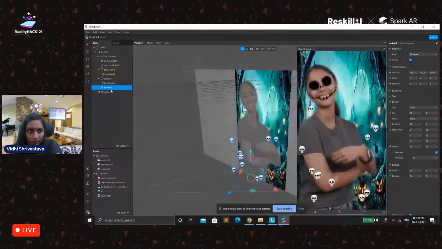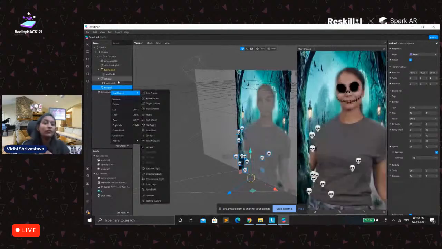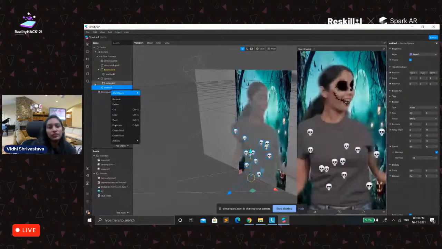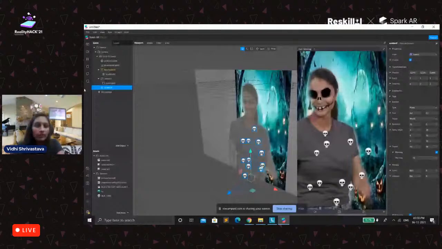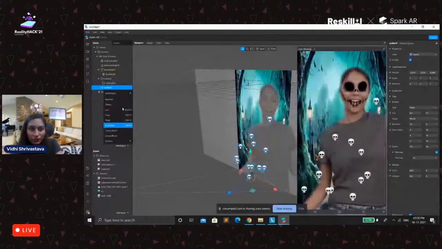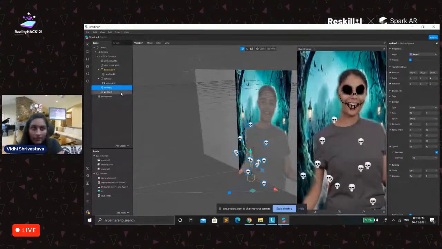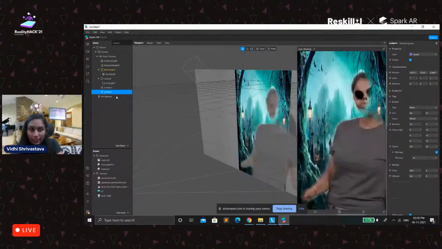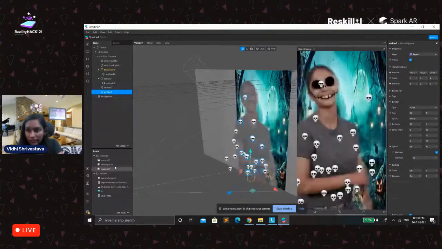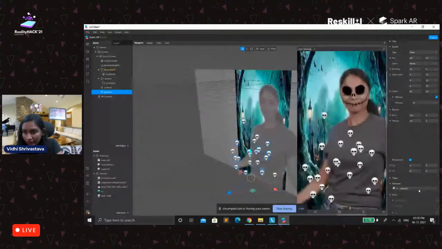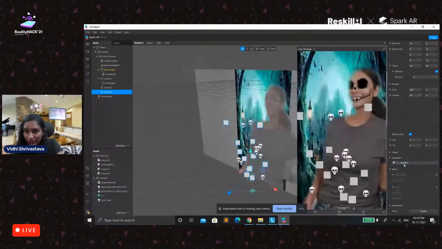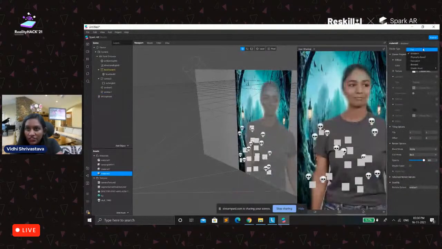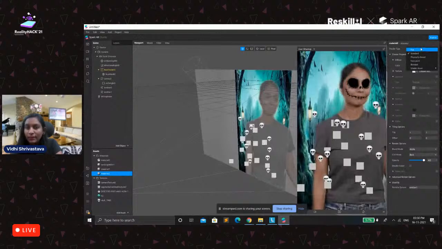we can add another particle system. If you want to add one more particle system, you will just duplicate it. So Control D on Windows, or you can just right click on it and click on duplicate, and duplicate the material too. So we have the material here, create new material and change its shader type to flat.